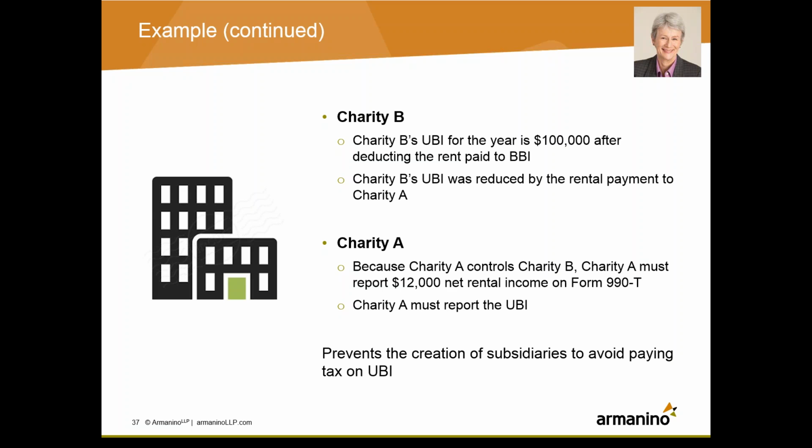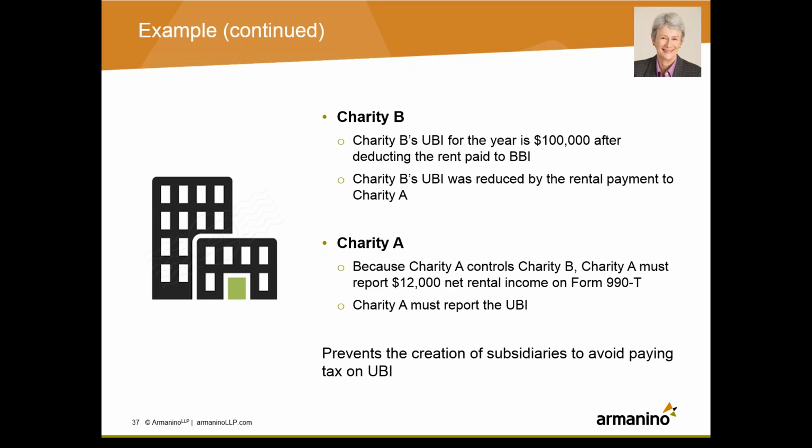The reason the Congress and Treasury have set this up this way is because they don't want organizations setting up other corporations in order to avoid paying tax on unrelated business income. That $15,000 that was earned by Charity B in its unrelated activity should have been taxable. And Congress and the Treasury aren't going to let $15,000 of taxable income escape taxation just because it was paid